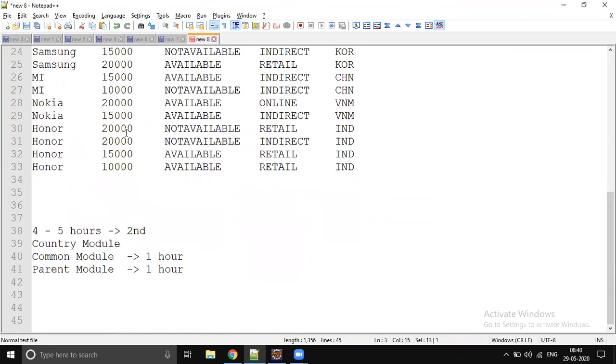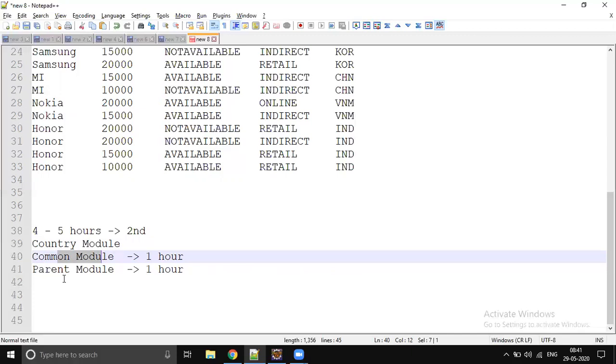Next weekend I will give one more assignment. You have to complete the country service microservice, the country module. I will also show you how to extract common functionalities into a common project, how we can create a parent project and move the modules into the parent.